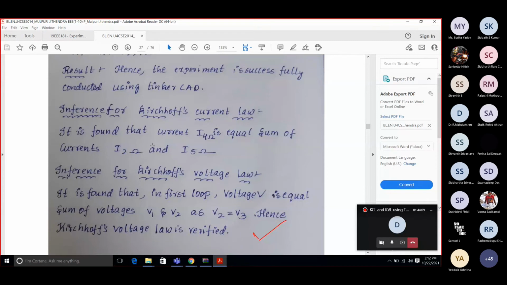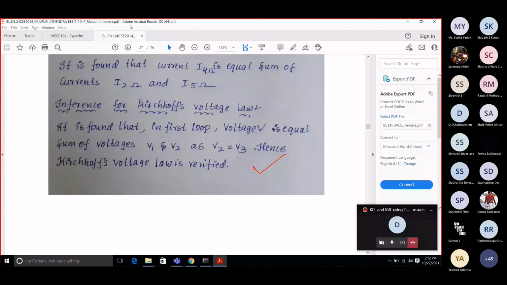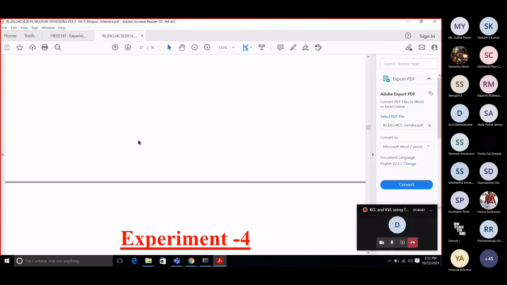Inference you have to write. It is found that whatever you observed, what is the main current that is coming, current through the 21 ohm resistor is this much, current through the 11 ohm resistor is this much. So KCL also you can tell. Voltage source voltage is this much, voltage across the first resistance is this much, second resistor is this much. The 2 resistors are parallel, so the same voltage only. Then adding those 2 voltages you are getting the EMF voltage or the supply voltage. So that you can write in your own words.